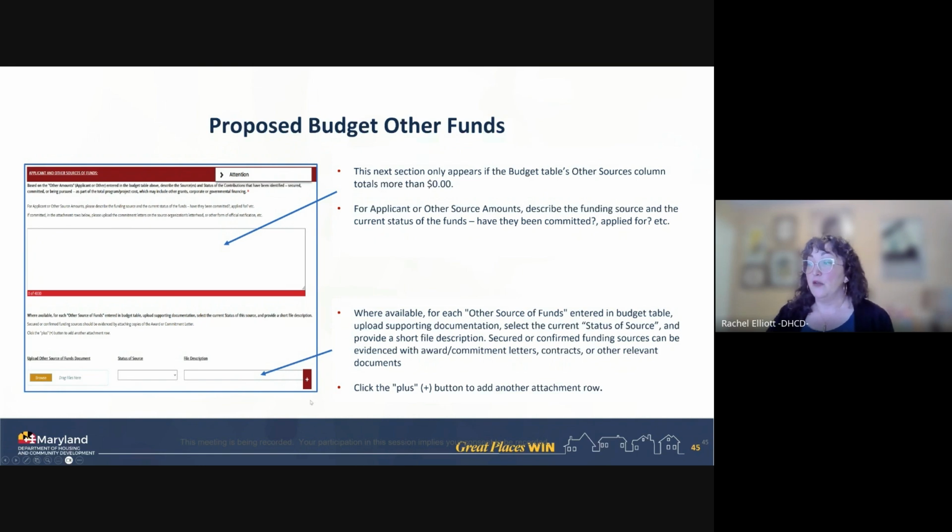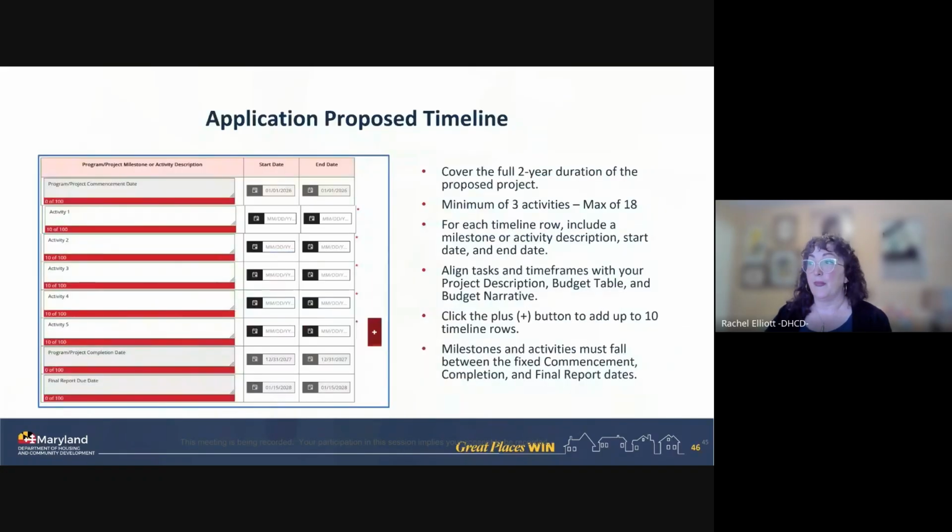If you do have evidence of those, we would like it if you would upload it here at the bottom section. You can upload as many pieces of evidence as you want, and it does not have to be formal evidence. It can be a letter of commitment. It can be an email. It doesn't have to be specific, but there is an opportunity. This is not part of the required parts of the application, so it doesn't necessarily hurt or harm your application to not have that information.